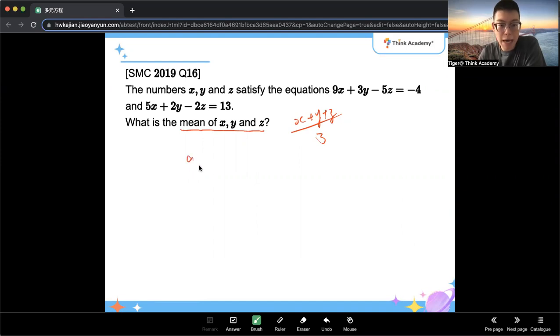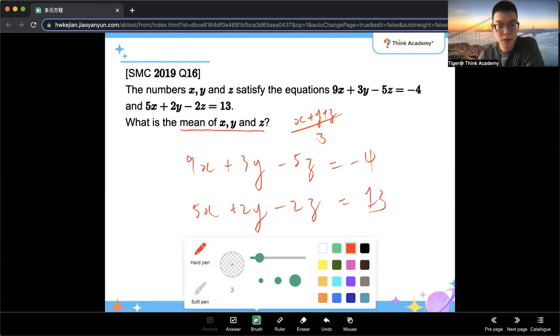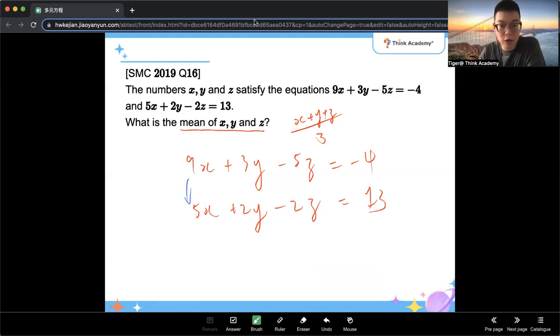So if you compare these coefficients, you can see that they have a difference of